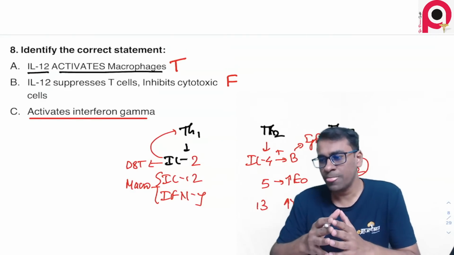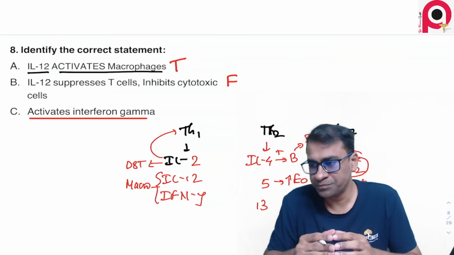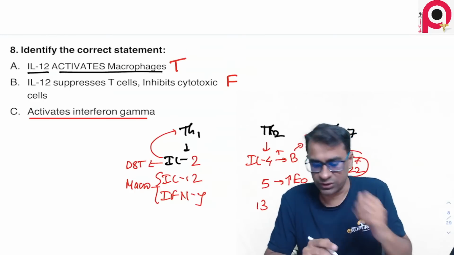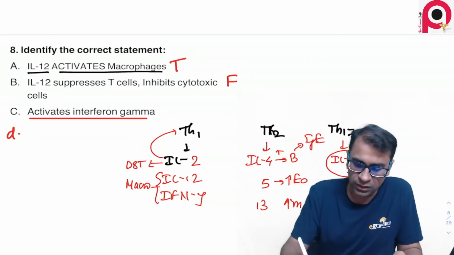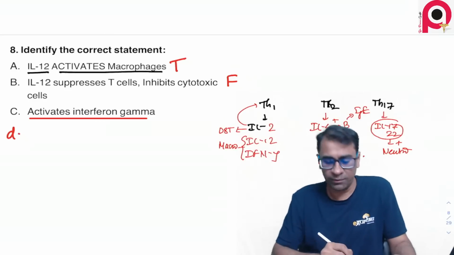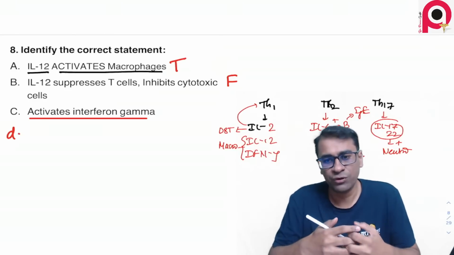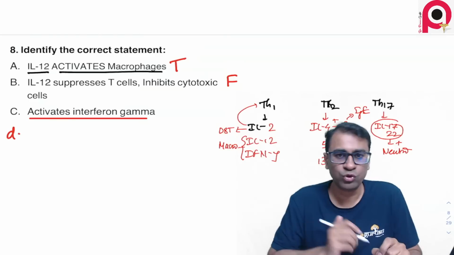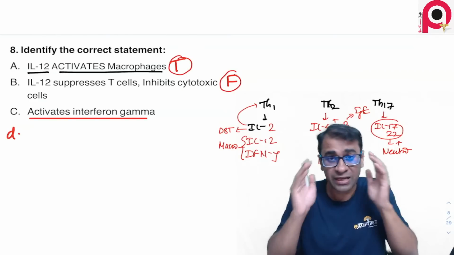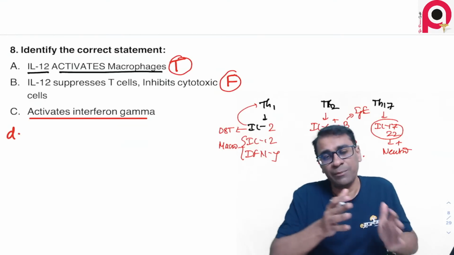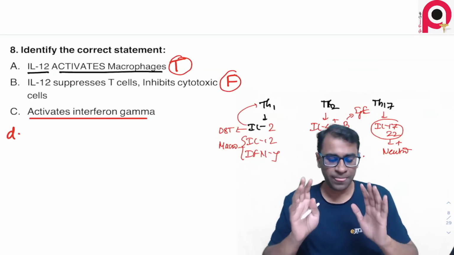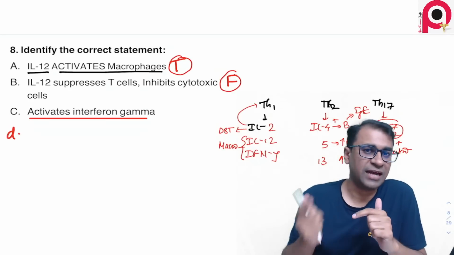I'm not exactly sure what the other option was. Someone is saying that the other option is seen in histiocytosis. Was that the correct option, the D option? Please let me know what the other option was. Anyone who is watching this video, if you can let me know what the third or fourth option was, I'm missing it here. But in this case, this option is true and this one is false. If the option was that IL-12 activates CD8 T cells, then surely that's a true statement. But what I have been told is that IL-12 was inhibiting suppressor T cells. That's a false statement.